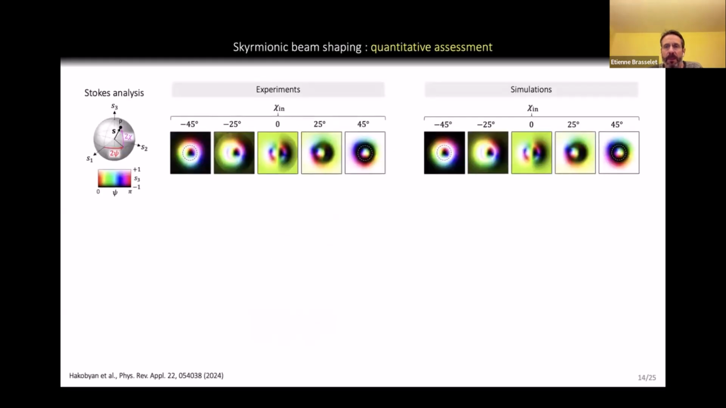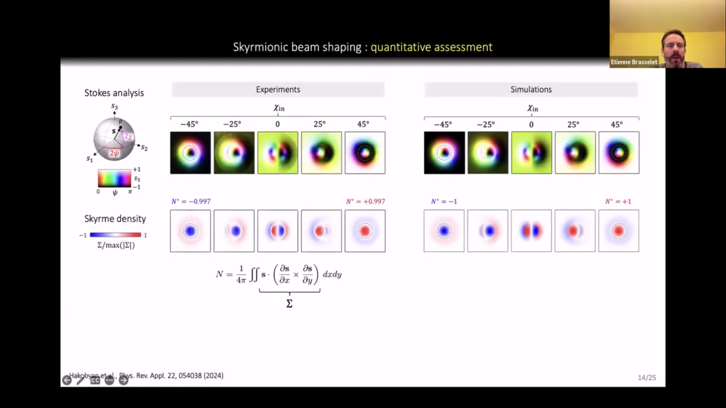Here is an experimental realization and its computational description, where the idea is, for a given designed device, we report on the Stokes analysis and simply analyze how the Stokes field is built, from which you can extract, in the region of interest, the analysis of the Skyrmionic field. Here's the skyrmion density, which is the integrand of the skyrmion number integral,